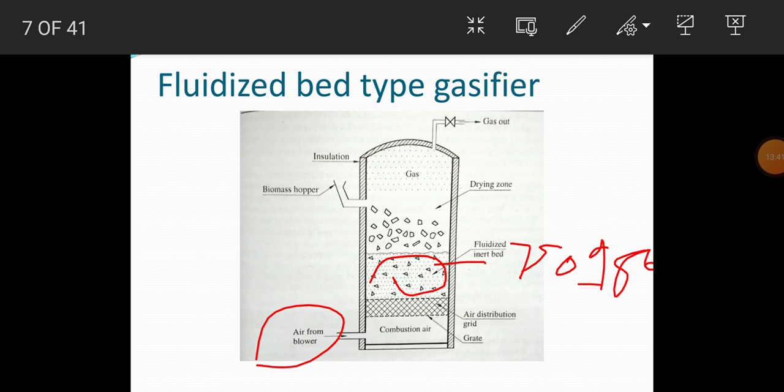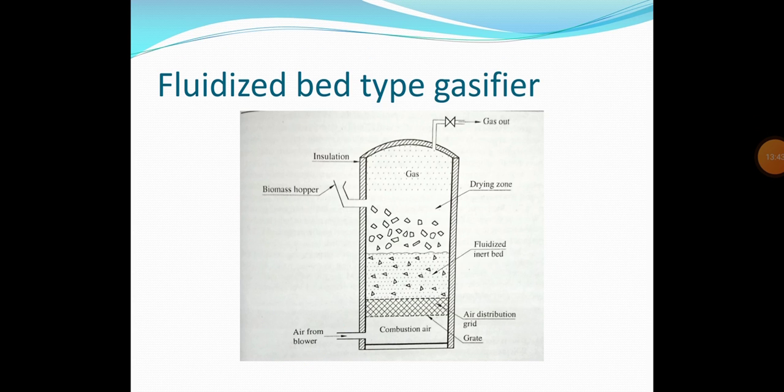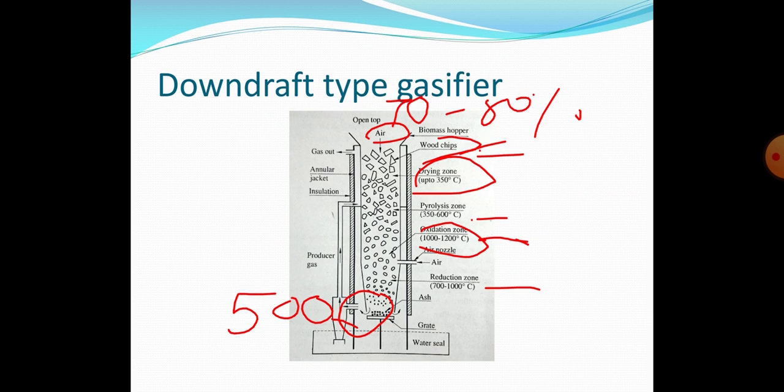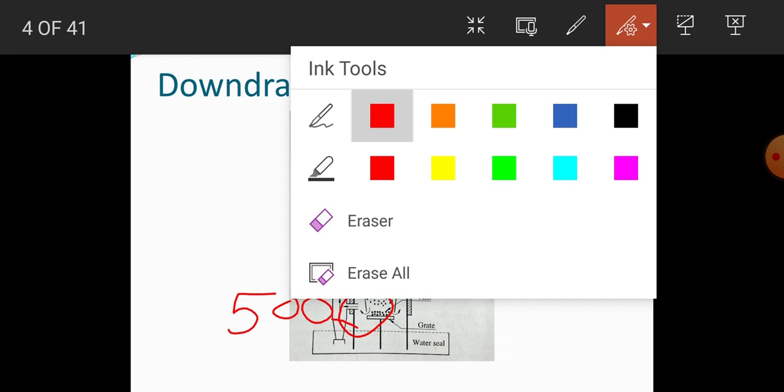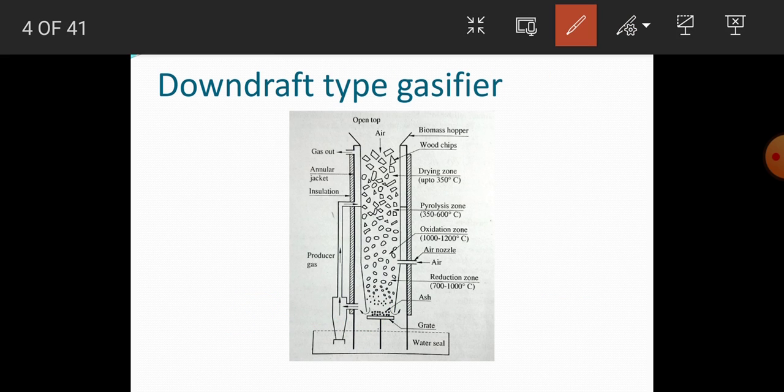So now we will see the common constructions which each and every gasifier is using, which we have not discussed. As we can see, insulation is provided in each and every gasifier so that heat is not lost outside to the atmosphere. Then there is also an annular jacket